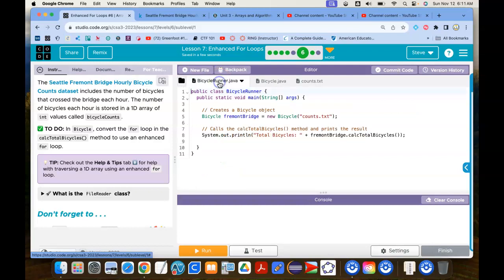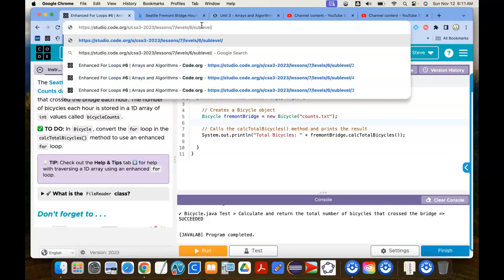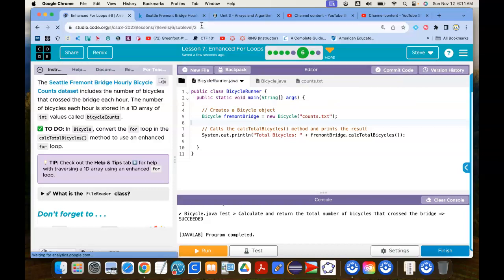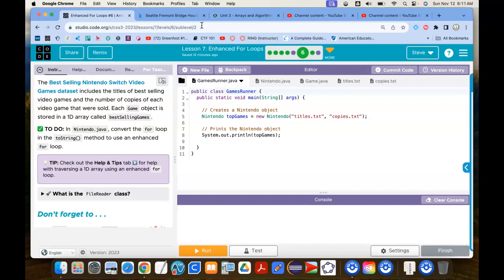And so there's nothing to do here in the bicycle runner. It should just print it out for me. And there it is. And let's see if the test passes. And it does. So let's go do the same one for the next one. So I'm going to change my sublevel from 1 to 2, and so this takes us to the